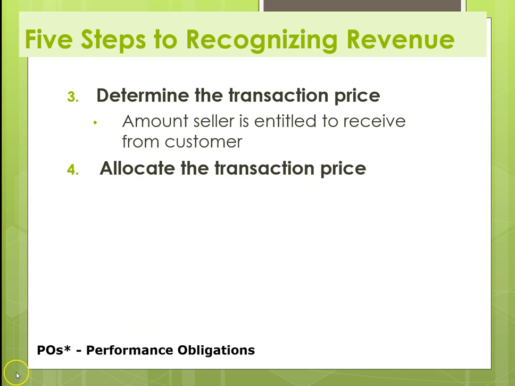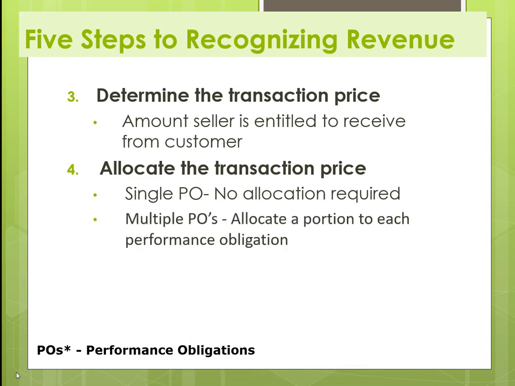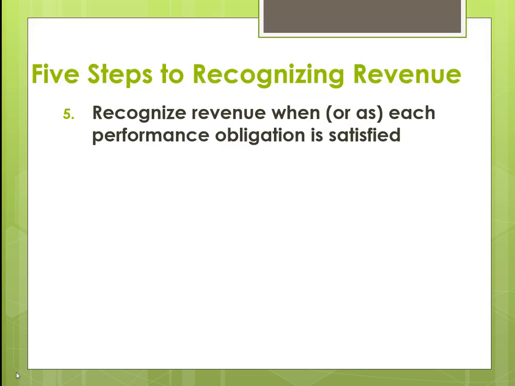Then you need to allocate the transaction price. If you have a single performance obligation, you don't have to allocate anything. So if you sold a piece of equipment for $100, $100 is the revenue. But if you have multiple performance obligations, and this is where it gets tricky, you have to allocate a portion to each performance obligation. And then you get to step 5, which is recognize the revenue as each performance